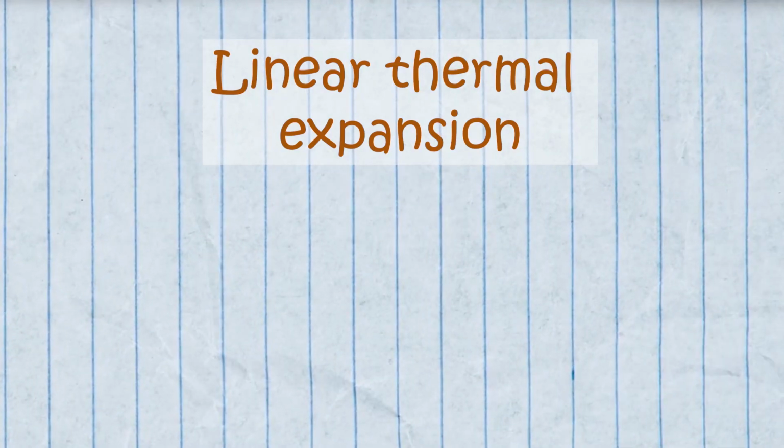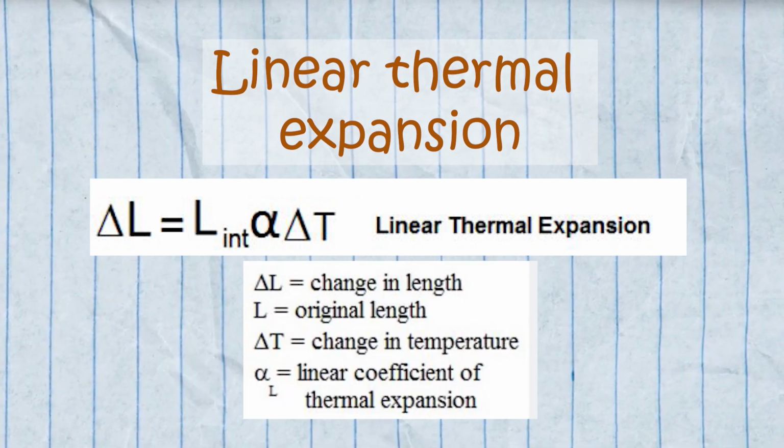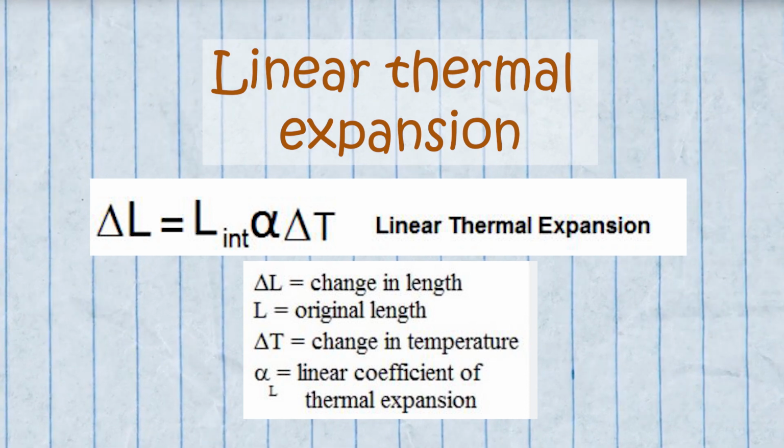Material thermal expansion is a phenomenon that occurs when a material expands or contracts due to a change in temperature. Here's the formula you need to memorize: delta L equals L times alpha times delta T, where delta L equals the change in length, L equals the original length, alpha equals the coefficient of linear expansion, and delta T equals the change